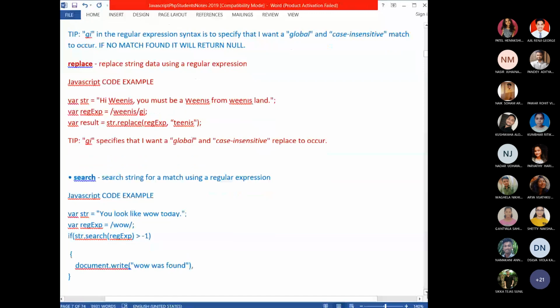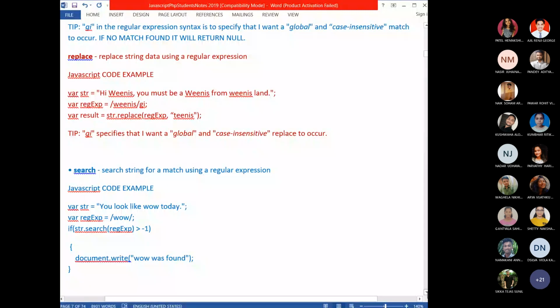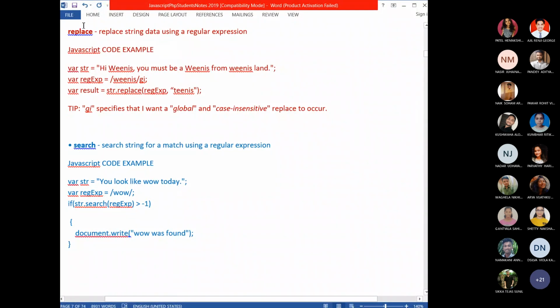Now next, replace. Replace is also a string method. Here also we will use a regular expression. What this will do is replace the string data using the regular expression. Based on the pattern you have given, it will find the pattern in the given string and replace it with the string which is given.